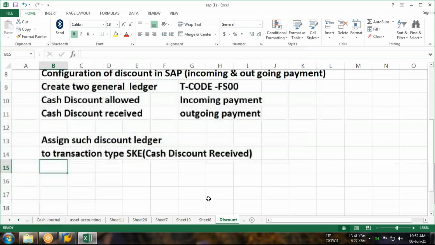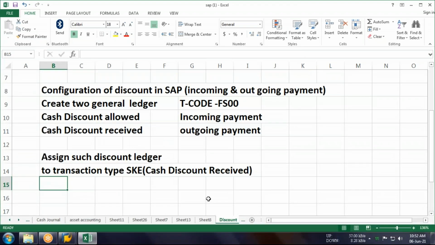Every one of you getting this, guys? This is the configuration part for the discount. If you want to post any document with discount, you have to configure this first. You have to configure the GL for the discount, and assign such GL to the transaction type, that is SKE, cash discount receipt, like this.